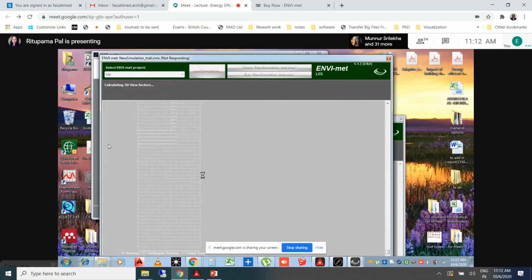Just wait for it. You can see your building geometry also, like the thing which you have plotted in the area in the file. You can see just a gray portion of that. Can you see, everyone? And it's showing calculating 3 factors in your file. Is it showing?